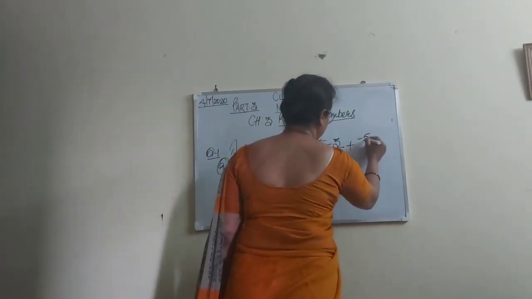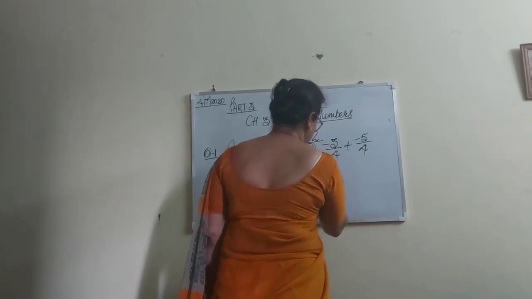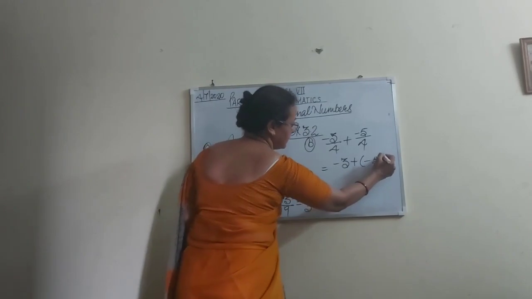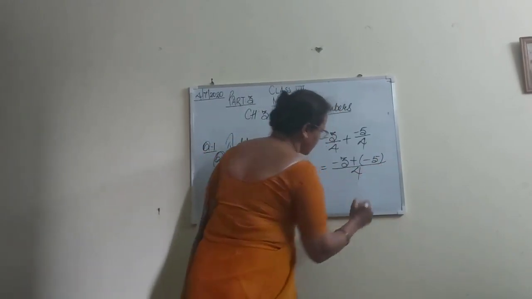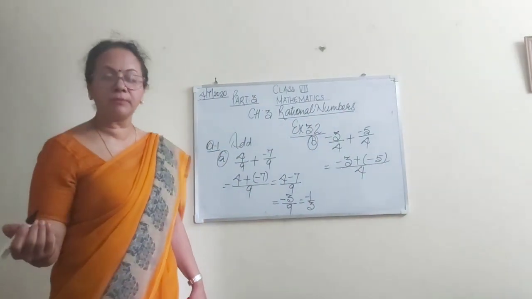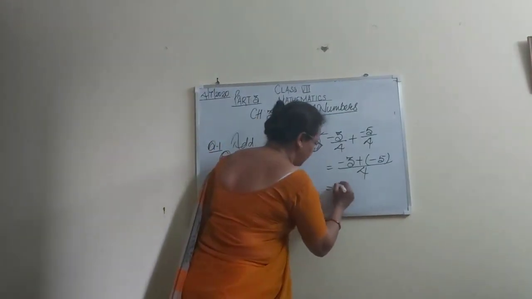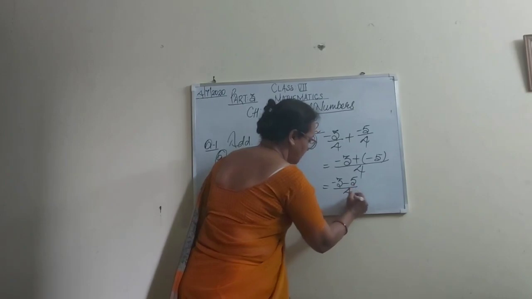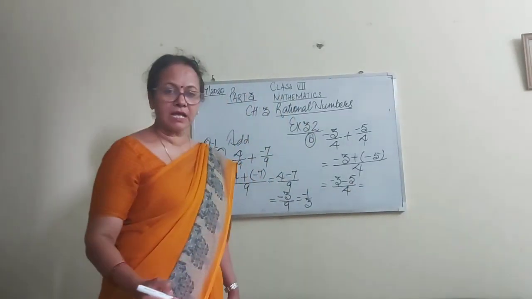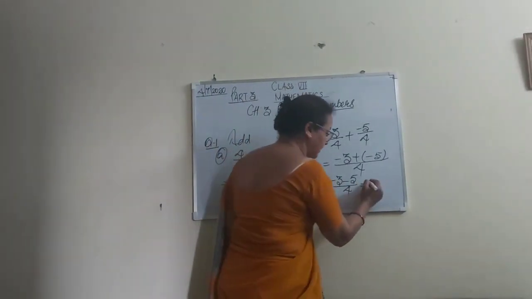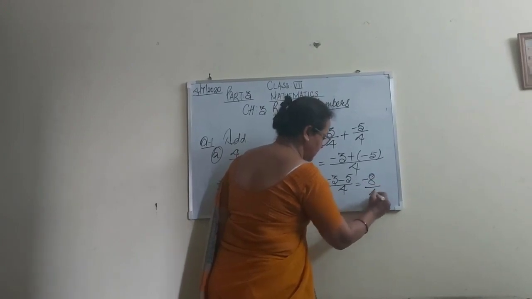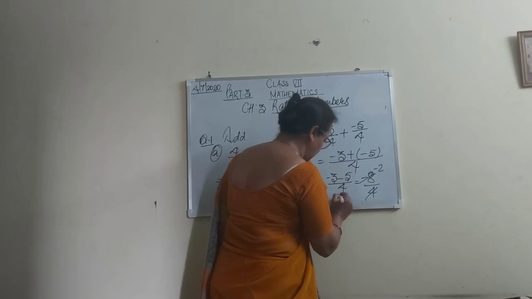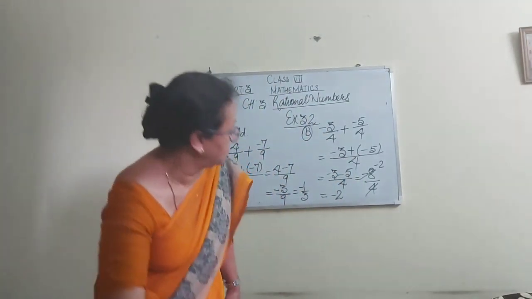Nothing is there. You can do very fast. This is minus 3 plus minus 5 upon 4. Because the common denominator is there, the LCM will be 4. What will it be? Minus 3 plus minus minus 5 upon 4. Minus minus will be plus, and the sign of the greater digit. 4 ones are 4, 4 twos are 8. Minus 2. What is the sum? That is minus 2. Is it clear, students?